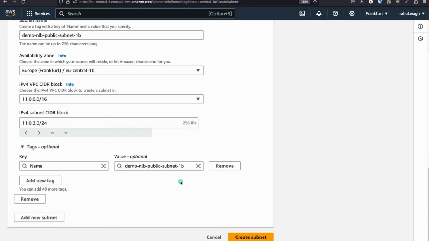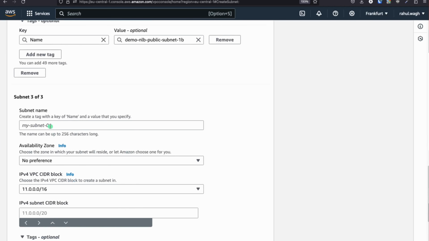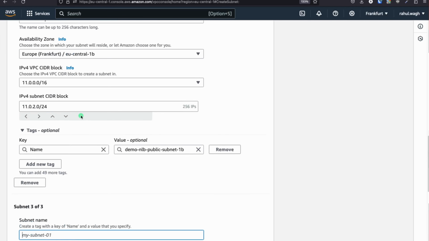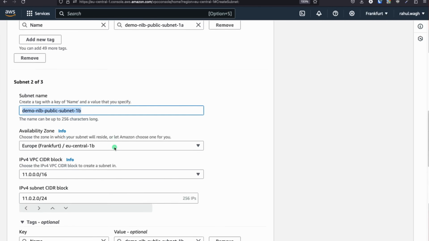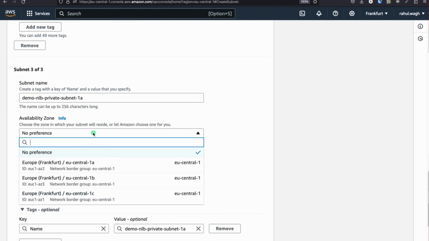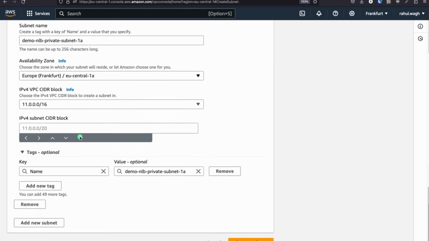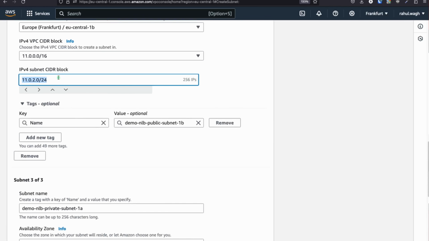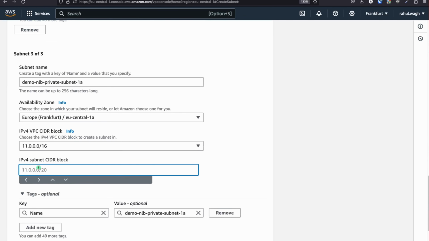So let's create private subnet here as well. So click on add new subnet and paste the name. I just need to copy the name once again from the top. So I'll copy this name and paste it over here, and instead of public, I'm just going to make it private and put it 1A. Availability zone, I'm just going to choose 1A. I'm just going to copy the IP range from the top, and for private we have chosen to go with 3.0,